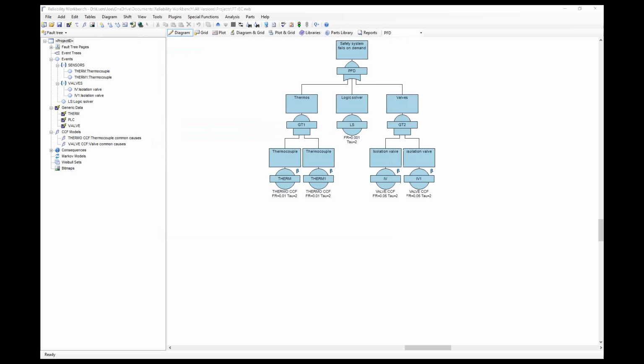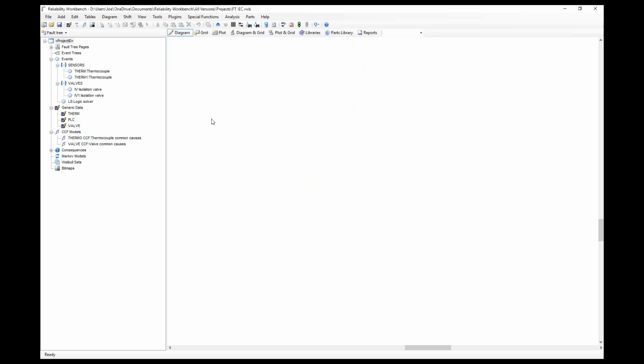Okay. Just some closing remarks. Licensing, the plugins and the DLL do require licenses. It's a separate purchase license. They are separate themselves. There's a plugin license and a DLL license. The plugin license allows you to create these menu options and run your own code from within Reliability Workbench. The DLL allows you to,